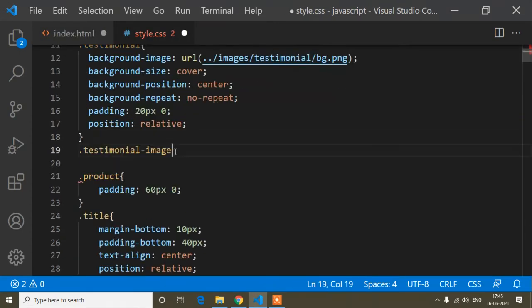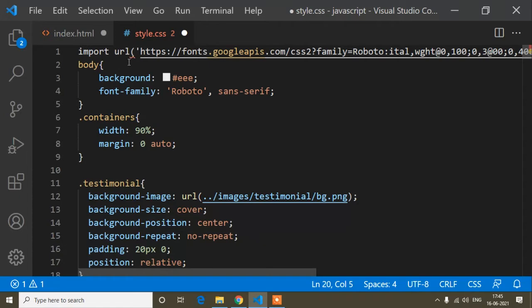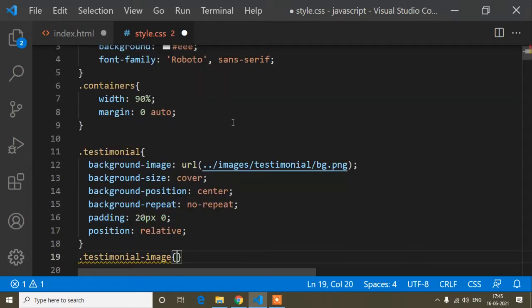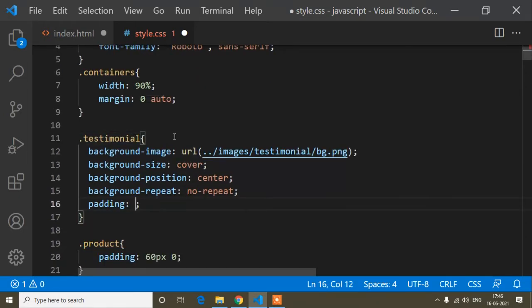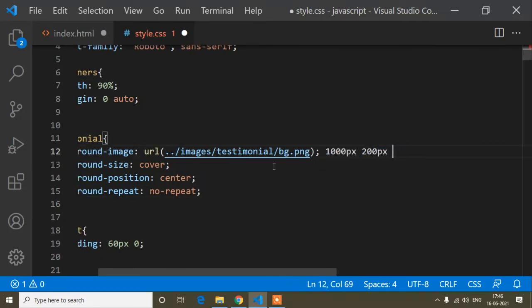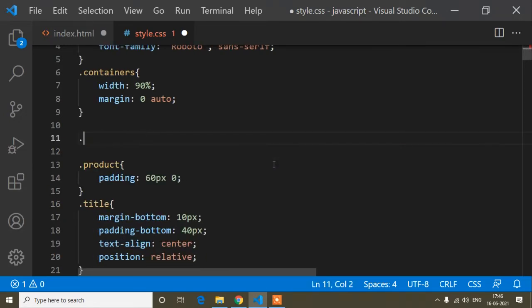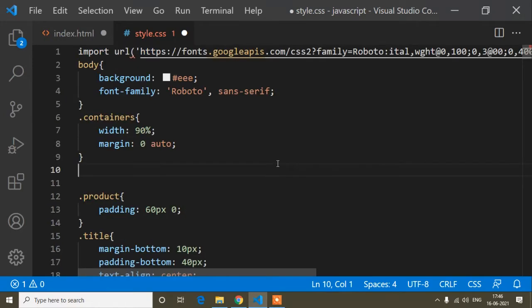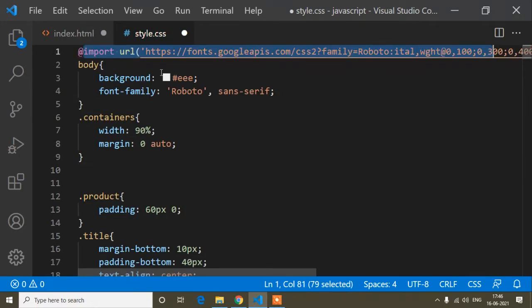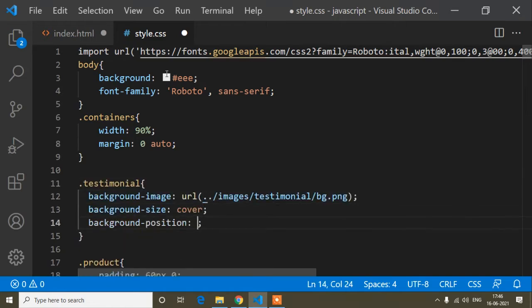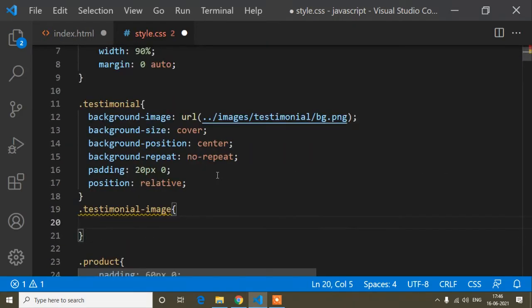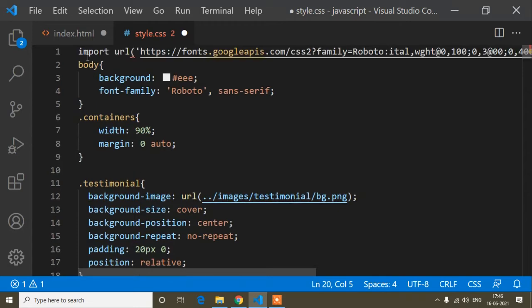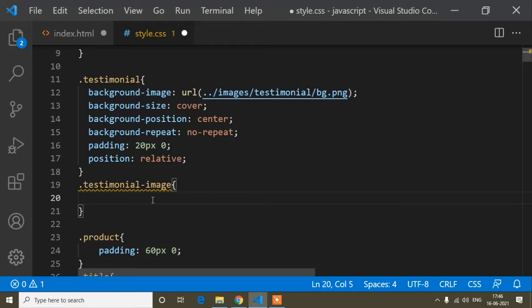So just here I will paste this one, and here it's showing some error. I just have to check what error actually came. So I will close everything and check. Okay, here I missed the @ tag. So I will redo everything I had written. Now you can see the same thing I have written, just here I mistakenly removed this @ tag. So now this testimonial image, and here first of all I will set the width and height,